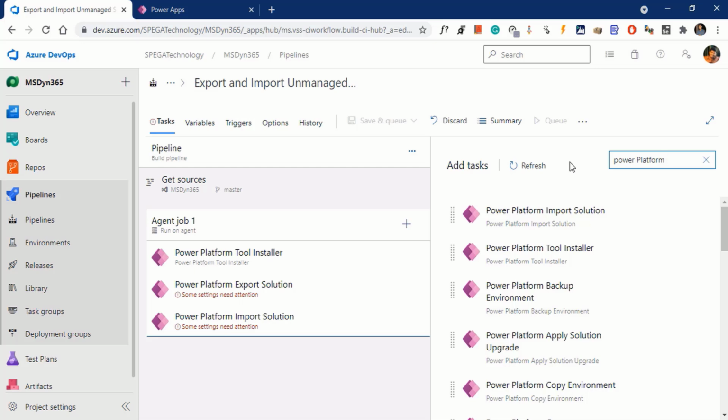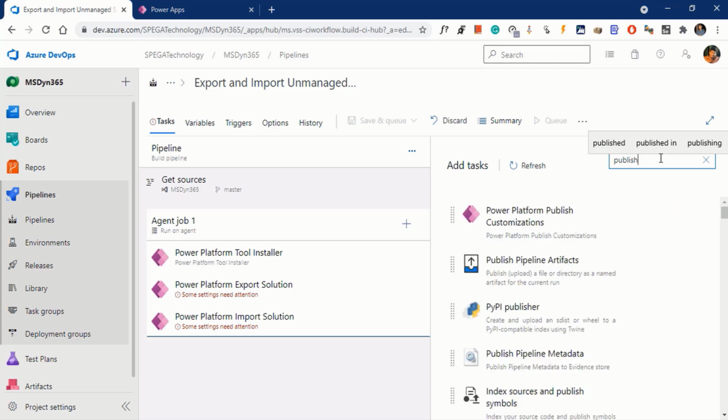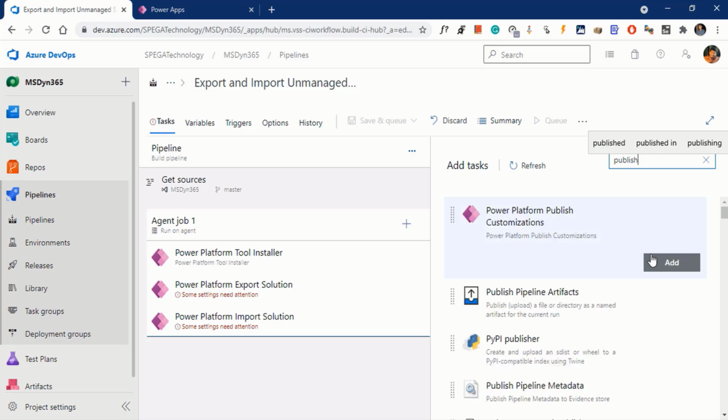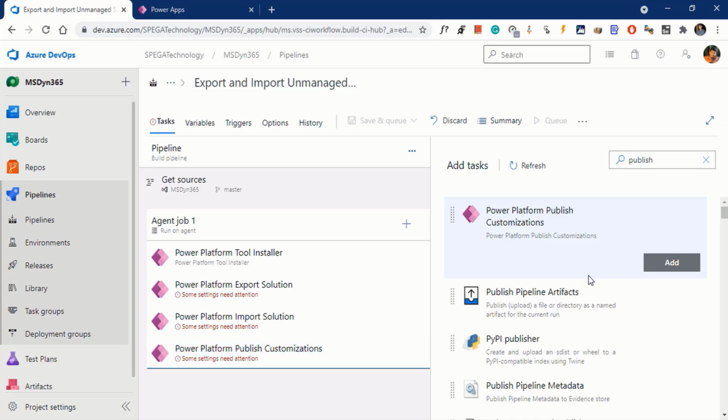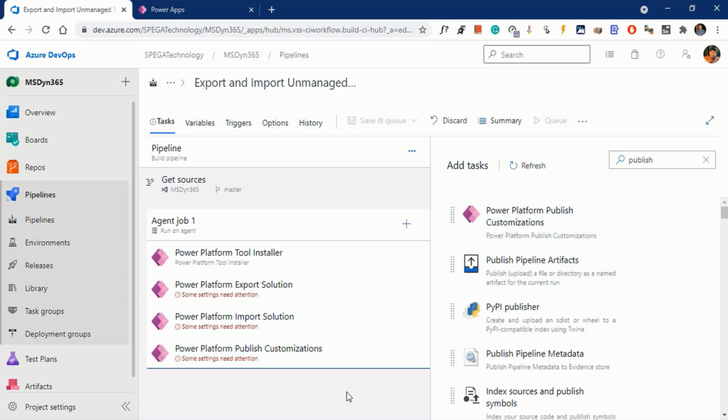We need to publish the solution after the import. For that, search for publish, publish customizations, click on add. Now we have added all the tasks to our build pipeline to export and import the solution from dev to the build environment.